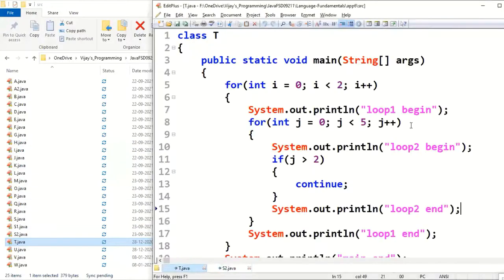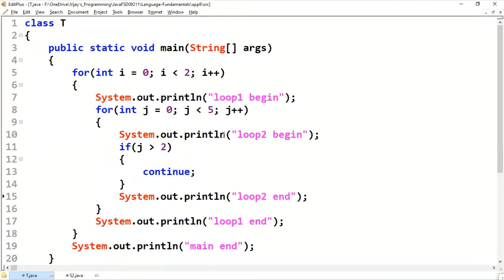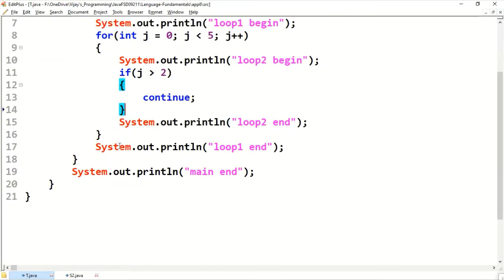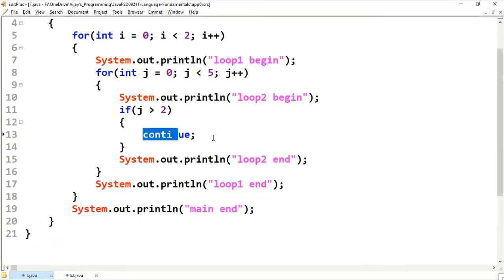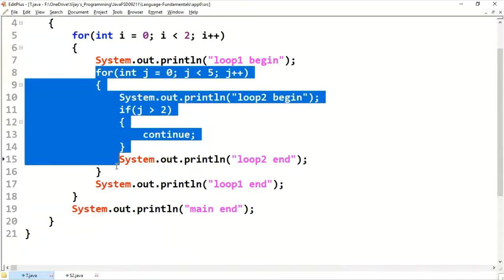Likewise, come to this program. We have a loop inside another loop, then we have continue. What happens? You might get confused. We have continue. Which loop is to be skipped? Currently we are in the inner for loop.